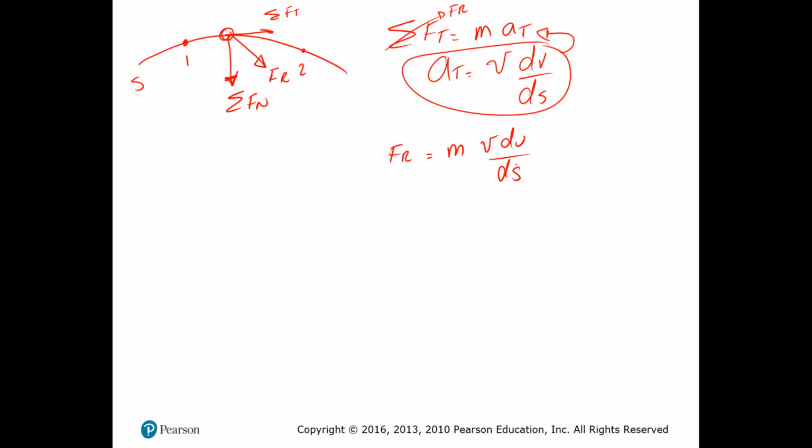If I rearrange this a little more, I will get resultant forces ds equals mass times v dv. So far, if I integrate this on both sides, this one from s1 to s2, and the other one from v1 to v2, I have to know that